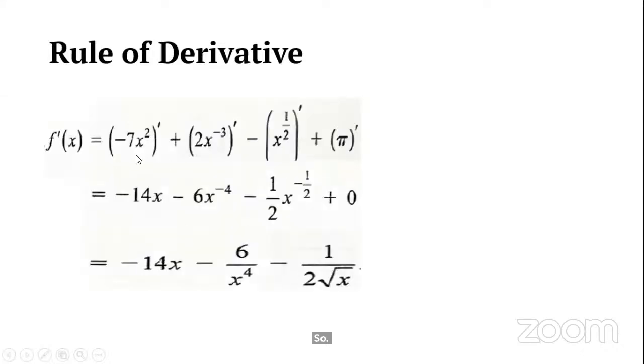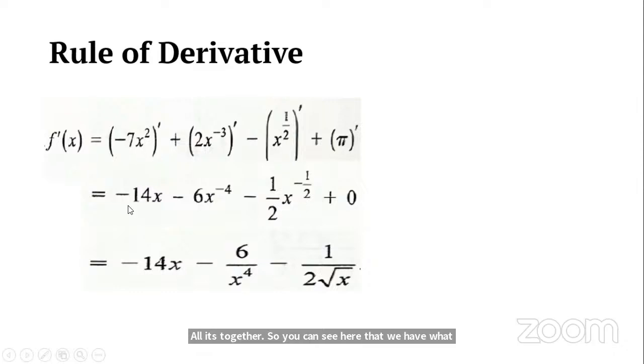So here it is. To solve the function f of s, you differentiate negative 7s squared, you differentiate this one too, and you differentiate this one all together. You can see here that we have a power rule. If you apply the power rule here, you have negative 7 times 2, s exponent 2 minus 1. You get it? So that's what we've done, and we got